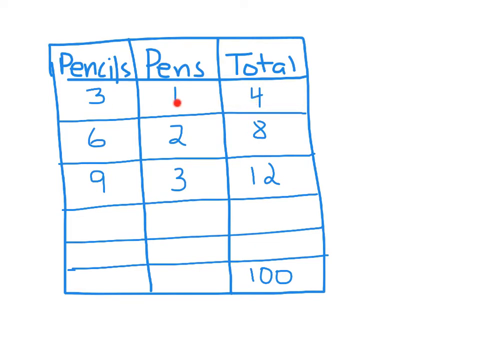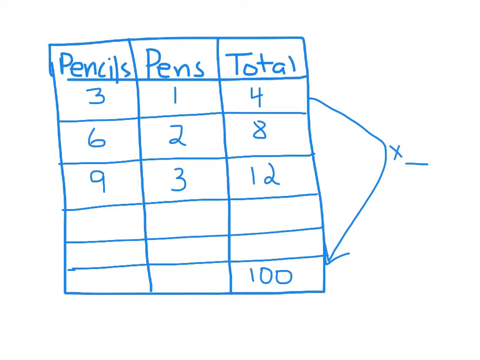So then I started playing around with it. Let's take all these numbers and multiply them by 2. See that? And then let's take all these numbers and multiply them by 3. And I could keep doing this, but I went ahead and wrote down in the bottom my goal. My goal is that I need to have a total of 100. So now all I have to do is figure out what do I multiply 4 by